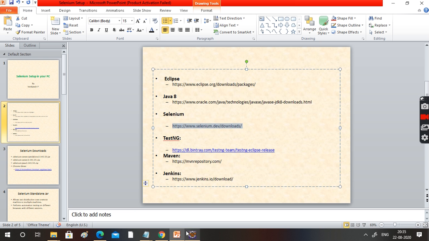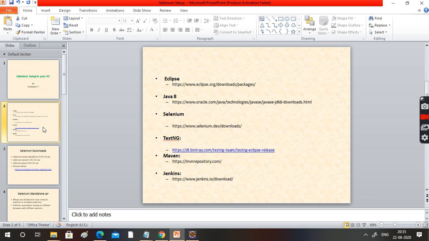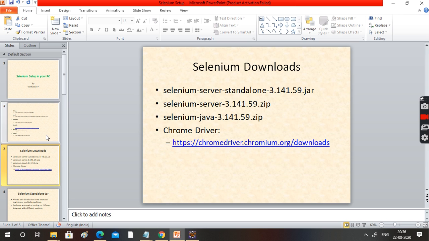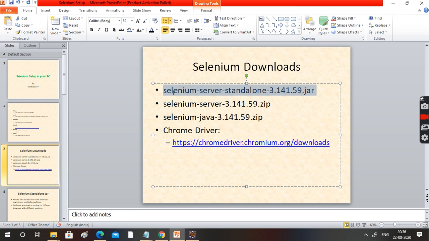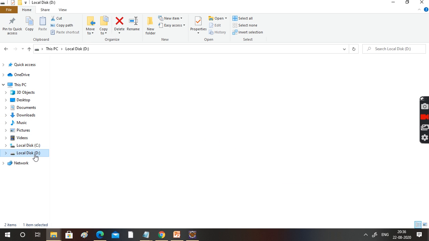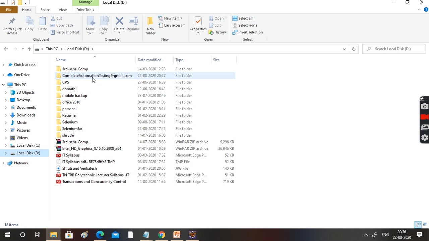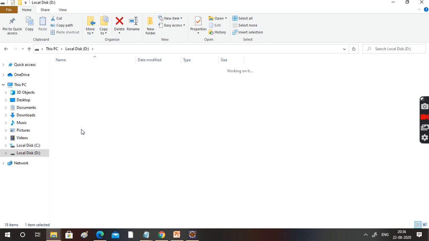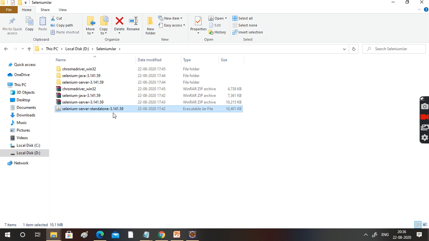Let's go here. This file I already downloaded to my local machine. I kept the Selenium server standalone in the D directory, in the Selenium jar folder.